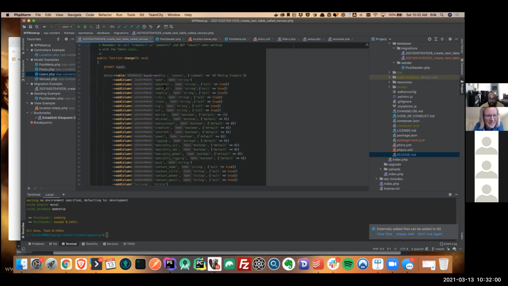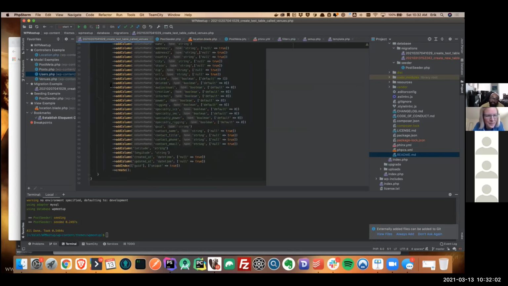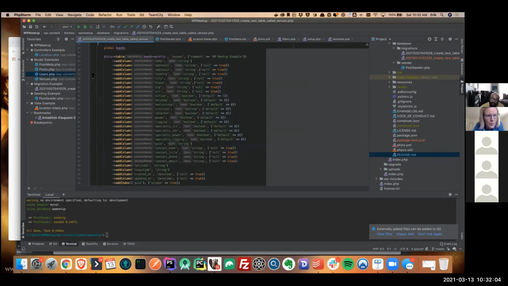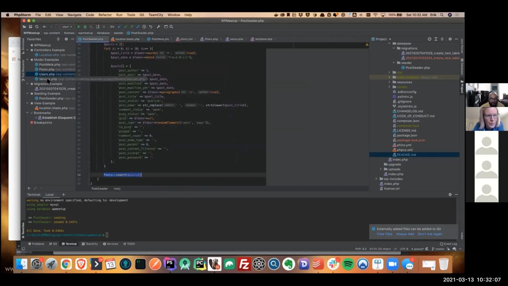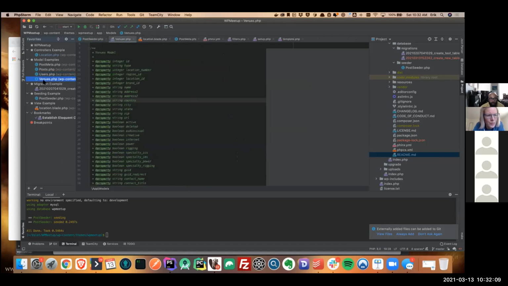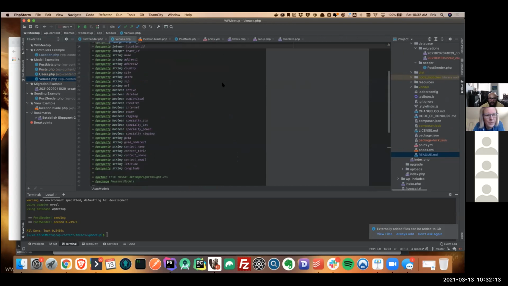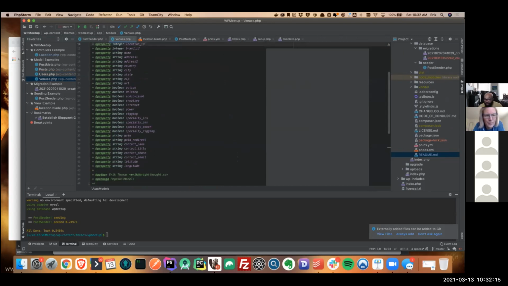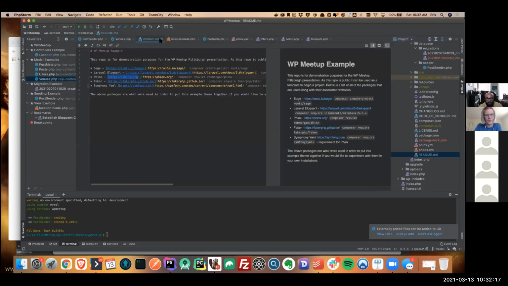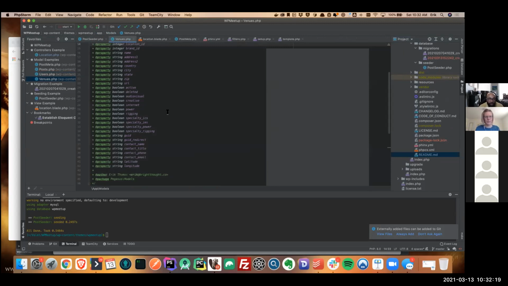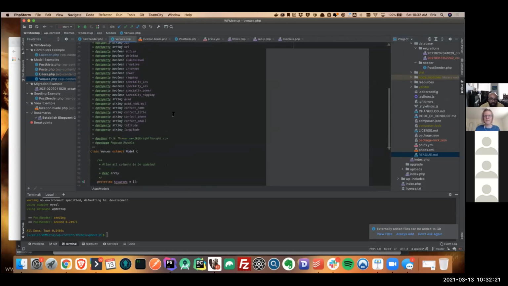All right, so that is Phinx. Now the next thing I want to talk about after speaking about the models is models. Why is this here? I have a black box that is stuck for some reason. Let me see if I can get rid of that. Apparently it doesn't want to go away, which shouldn't impede anything.